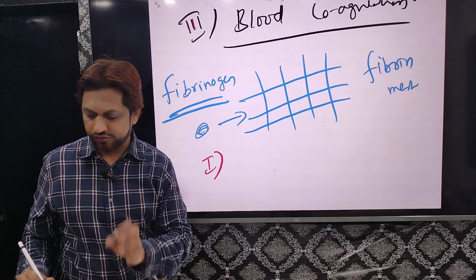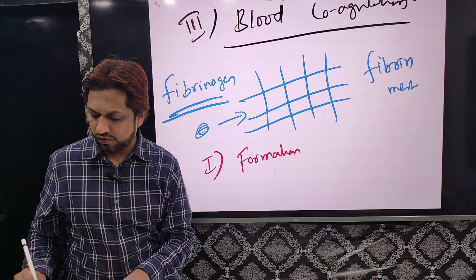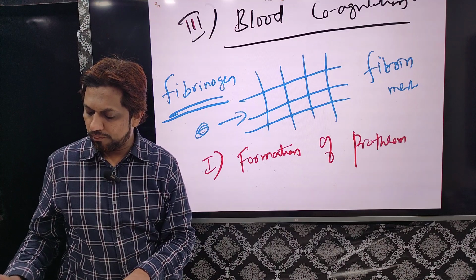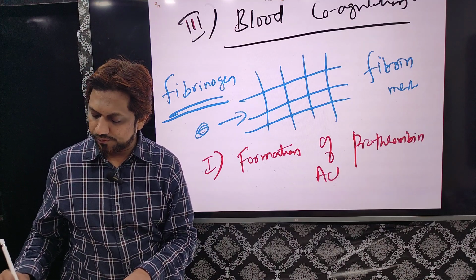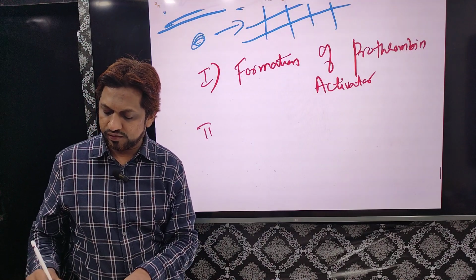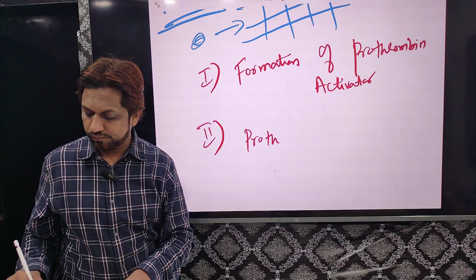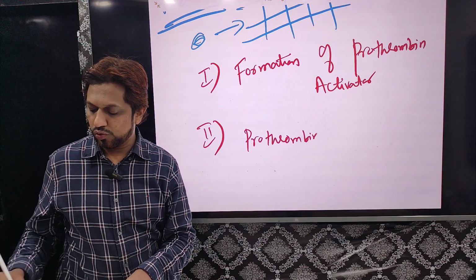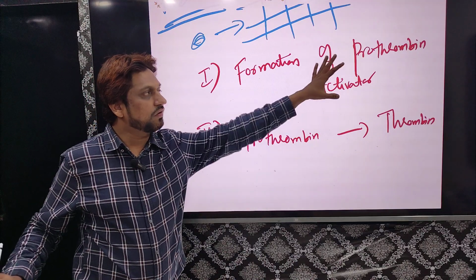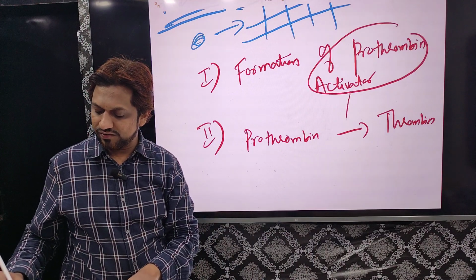First is formation of prothrombin activator. First step is formation of prothrombin activator. Second is conversion of prothrombin to thrombin. Okay, so a prothrombin activator, one chemical substance or chemical complex is formed that will catalyze the conversion